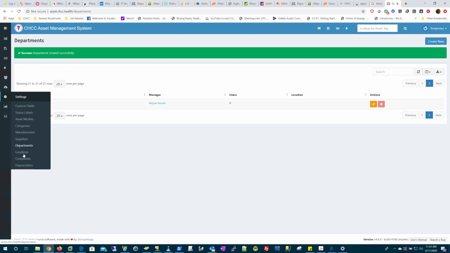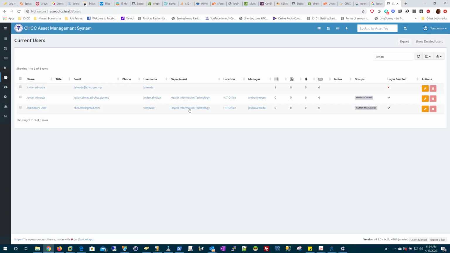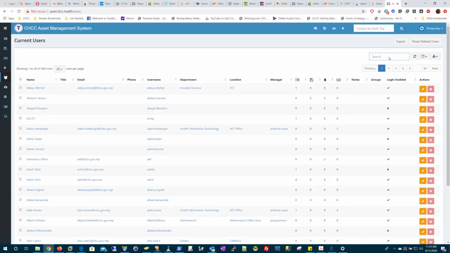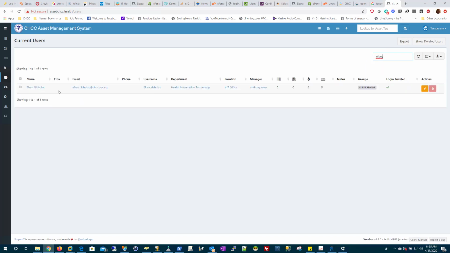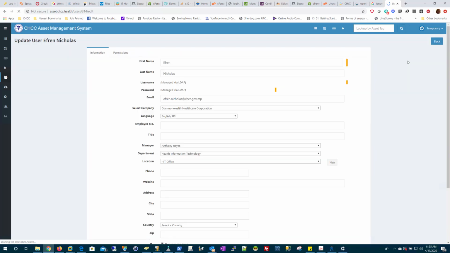So once you have your department set up, you have your location set up, we will then move on to the people. So this is where you want to go in and start finding some of your people. So for IT, if I was just entering and I was looking for some of my people, I may just think geographically around my space. Who's next to me? Well, Efren sits right next to me, so I'm going to look for Efren, and I'm going to make sure that his information is filled out here. So what that would look like, all of this would be blank initially. So I'll just select Efren, and then once I'm in Efren's area, I'm going to go to Edit User,